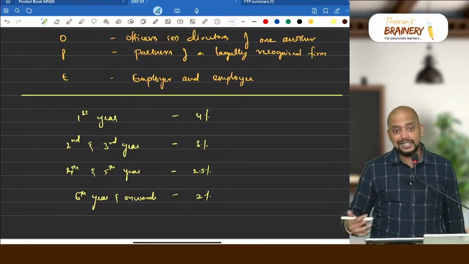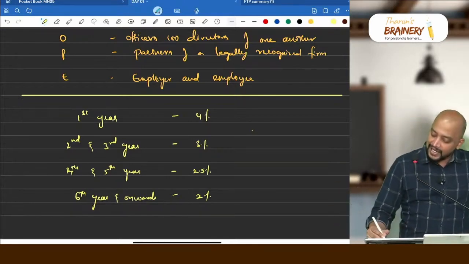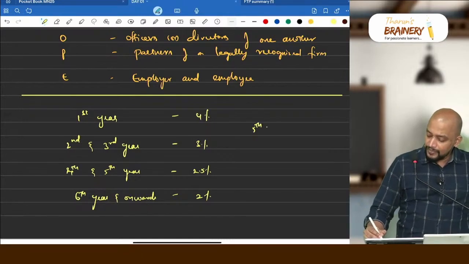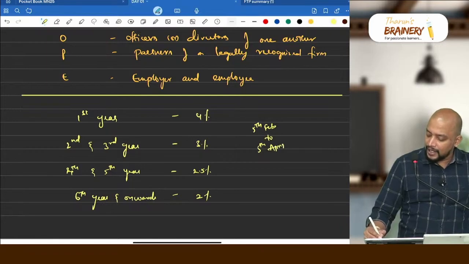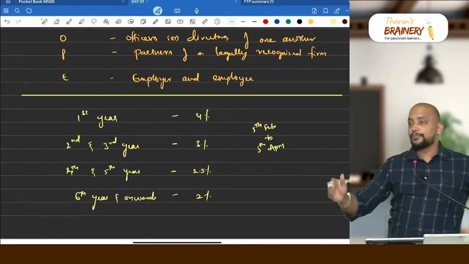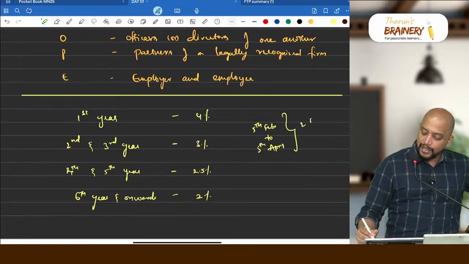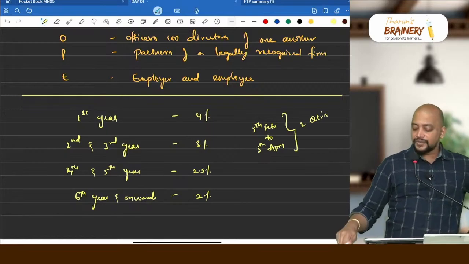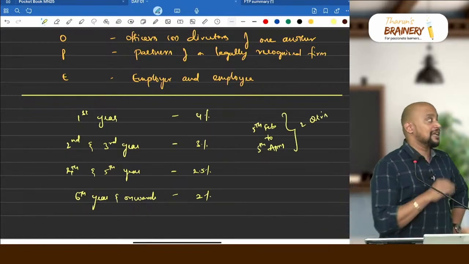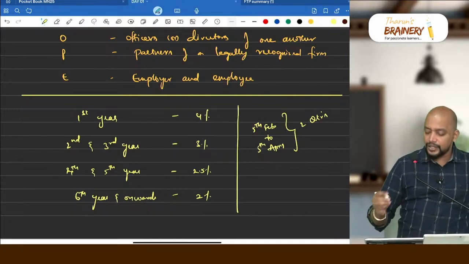We should not take 3 months as one quarter, but the calendar quarter. For example, if it is from 5th of February to 5th of April, logically it is just 2 months, February to March, March to April, so not even 3 months. But if you count the quarters, it will be coming under 2 quarters. Why? Because we need to take the calendar quarter and we need to allow this,